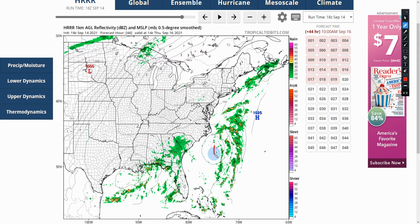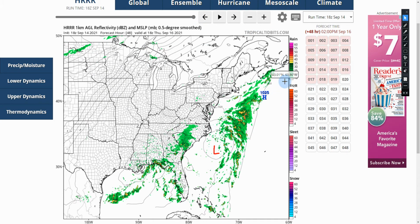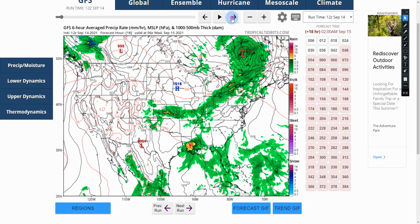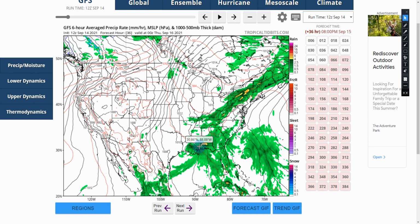And then you have your low pressure system out over here, and then eventually it gets kicked out and goes to the northeast once again. Now, if we go to the GFS and take a look, you could see that Nicholas starts to fade away